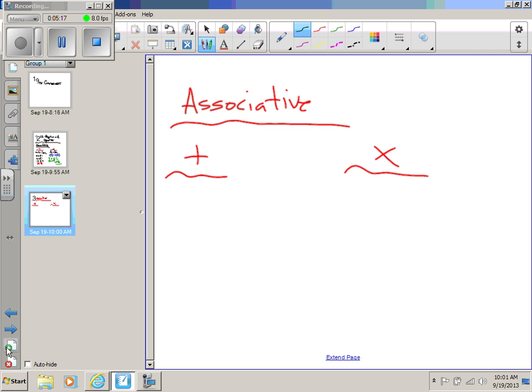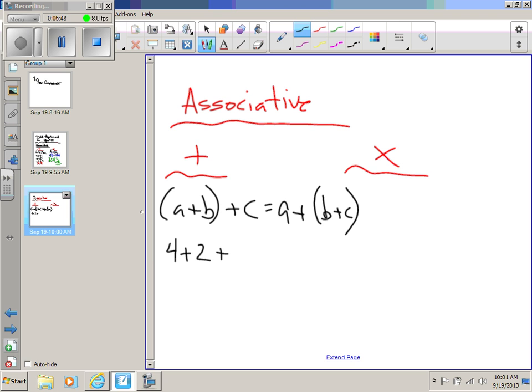So, for example, if you decide to group a plus b, then add c to it, it'd be the same as grouping b plus c. And the grouping, in parentheses, will give you the indication that that part would be done in what order? Right, so that would tell me that I'm going to do that part first. So just for argument's sake, if we had 4 plus 2 plus 3, that would be equal to,